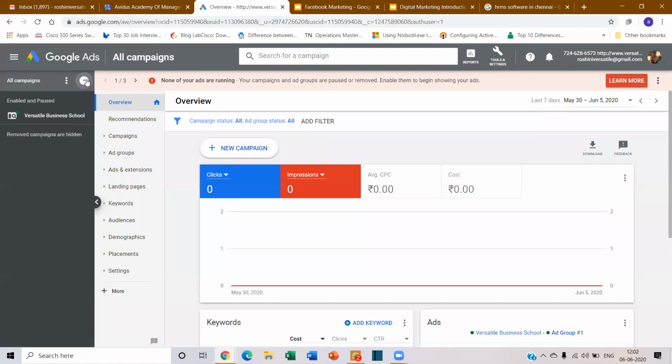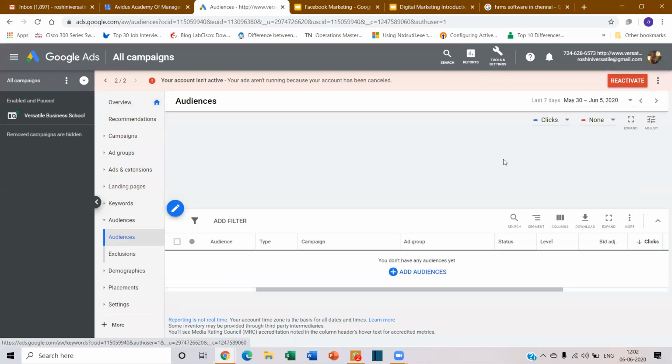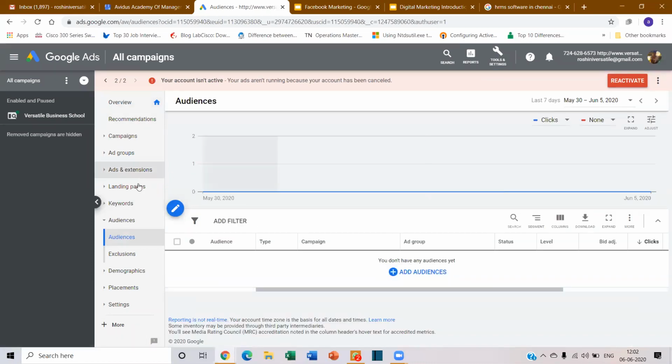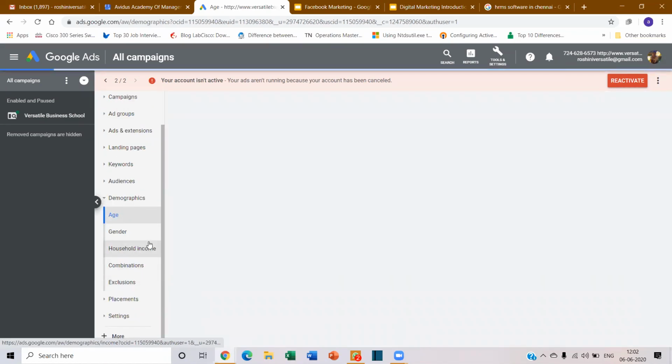It also has the audience, how people are really working out. There are certain customizations that you have, and certain settings of placements and all that.